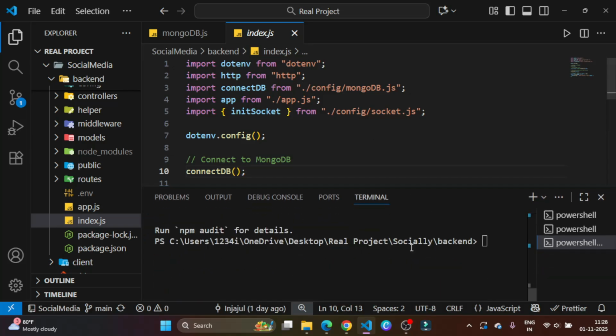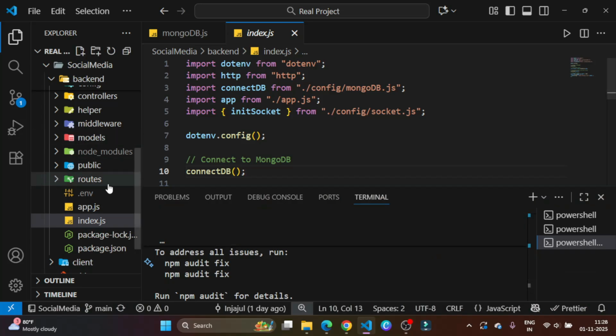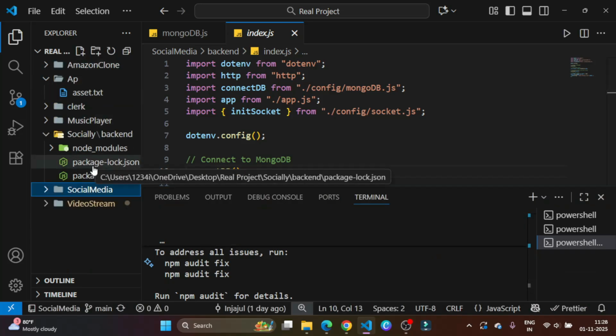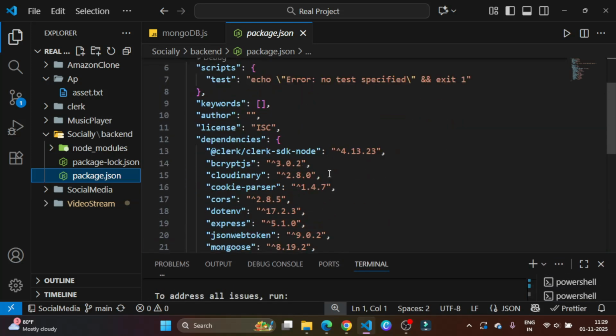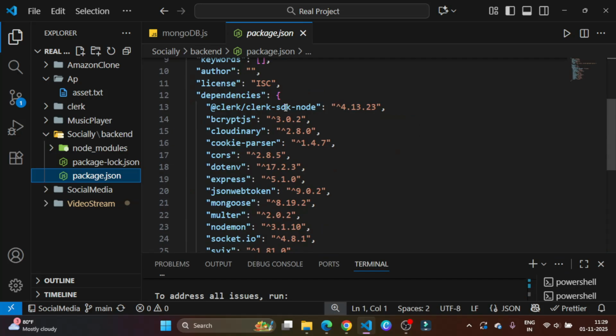And if you look at our installation, let's go to here we go. I think we installed all the packages, right? This is the Clerk SDK node, because we are going to use Clerk authentication, and in a few minutes we are going to connect Clerk and all the stuff, don't worry. And then bcrypt.js to hash our password, and then Cloudinary, cookie parser. Here we don't need cookies because we are going to pass the bearer token,